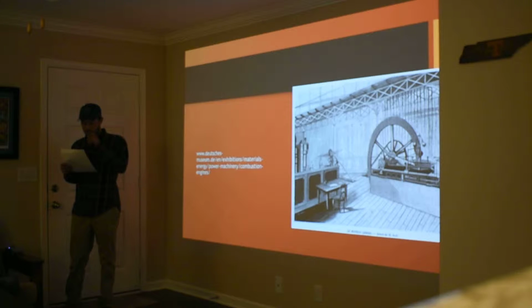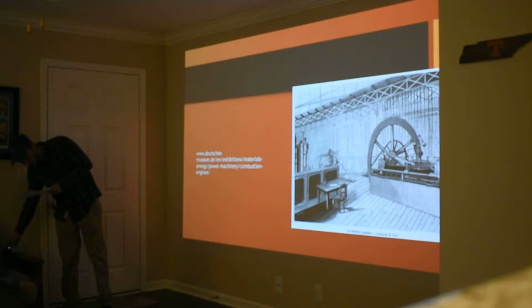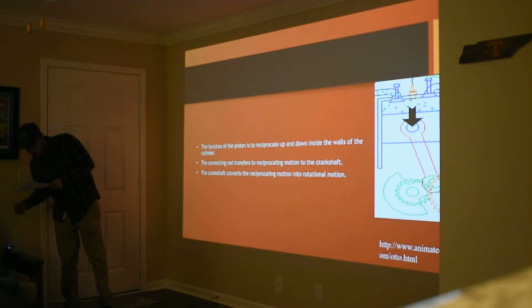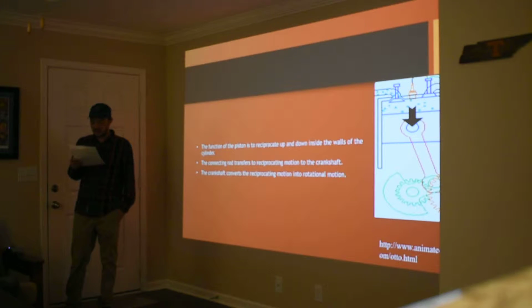For the internal combustion engine to become more used on a big scale, these engines simply needed to become cheaper to operate, more user-friendly, and more reliable. So in 1876, Nicholas Otto created his version of the internal combustion engine. The importance of this revolutionary design was the use of a four-cycle system which consisted of intake, compression, power, and